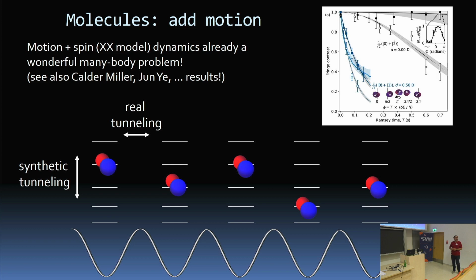Maybe surprisingly, what you see is that in the theory, the contrast decays faster than in the experiment. So apparently including motional effects causes it to decay slower. And that's something that I think it would be fun to understand in more detail. We have some nice calculations based on truncated Wigner approximation that resemble the experimental data very closely. But there are other approaches, and I think it's a very timely topic for our community. Can we use these as quantum simulators to test these different approximations to spin-motion coupled problems? Because it is a tough problem to solve. Motional degrees of freedom really are their own can of worms. Okay. All right, so I think that's fun, and then of course we can go beyond the spin-1/2 problem.